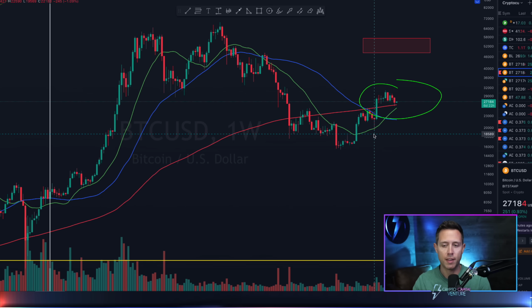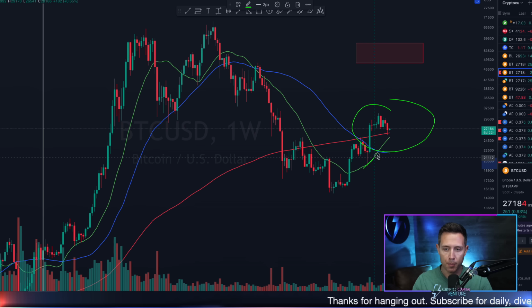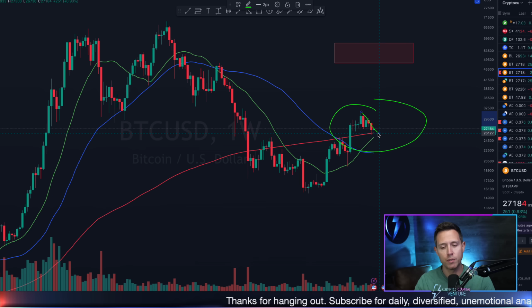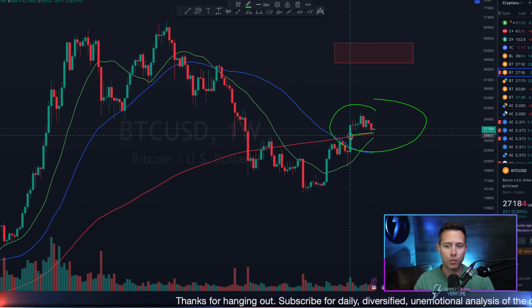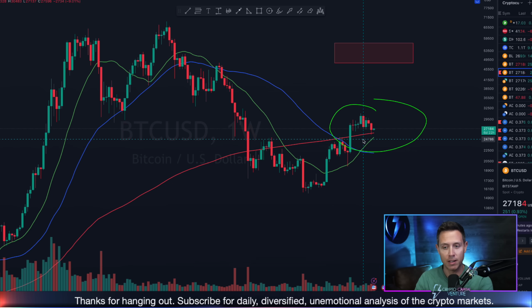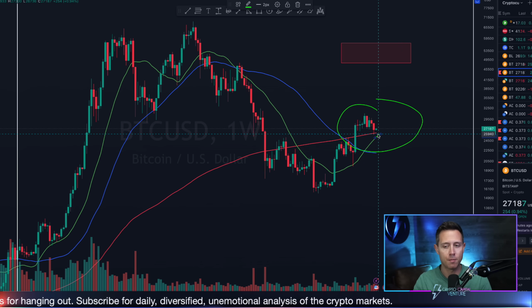We're having a very similar thing happening. It's not been such an aggressive move on Bitcoin, but we're having higher highs and higher lows out of the exit of the bear market above the 20-week moving average. And right now we're getting this revisit down to the moving averages. The 200-week moving average was not here in the last bear market, right? But it's here now. But it's the 20-week that's being pulled into Bitcoin right now that I'm very curious about,